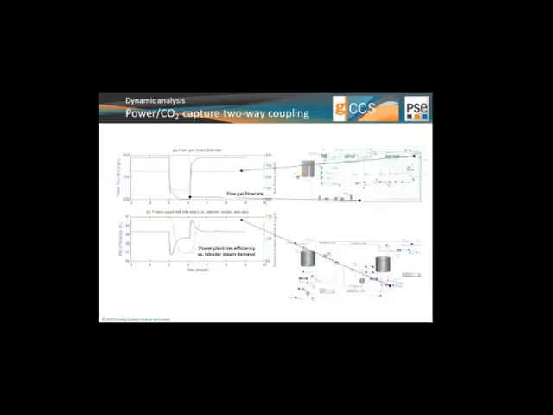Now, if we observe this more closely, we can see that there's a two-way coupling between the power and CO2 plant. There's nothing surprising, but I think what is relevant to see here is that this is being captured by the tool, and this is something you only capture if you run these two models jointly. You can see again here how the power plant net efficiency would drop against the reboiler steam demand, and only when you get back to the steady state will we recover again the efficiency that we would expect for the steady state at 75%.